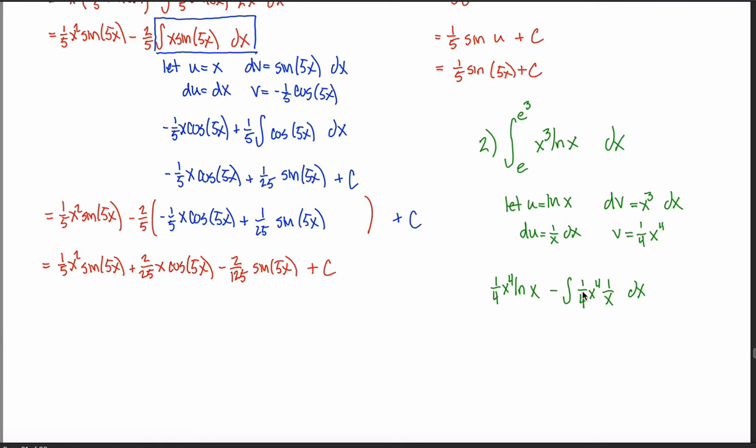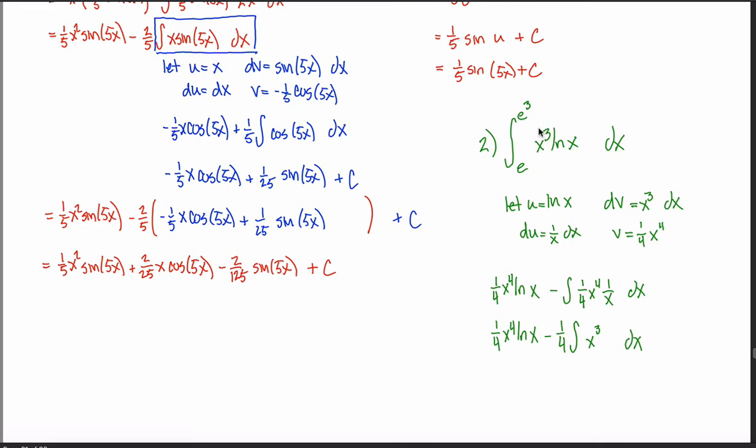At any rate, I'm going to take this 1/4 and pull it out in front of my integral. And then I'm going to note that x to the 4th times 1 over x is the same as x to the 4th over x, which is just x cubed. How convenient, right? You start to see that anytime you have x raised up to a power,